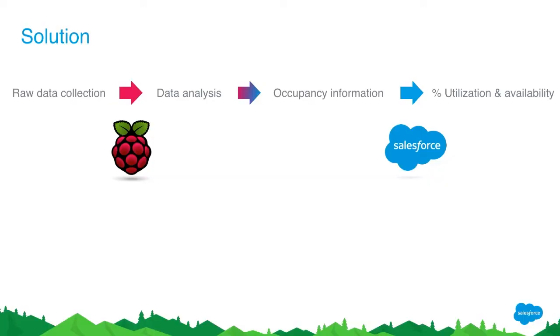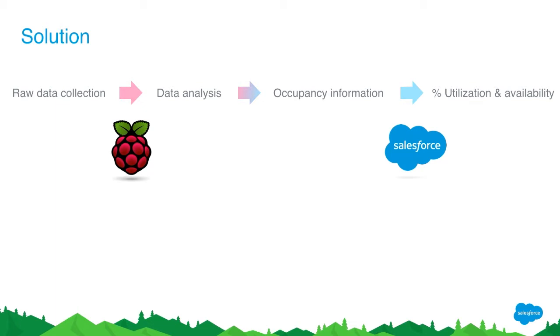So our data flow basically looks like this. We start with the raw data, which is just the hits, the raw data coming in from the infrared sensor. We do our data analysis on that, and we're going to talk about what that algorithm looks like and what it's doing when we go through our live demo. From that, we create our occupancy information, which is basically an occupancy record, which has start and end times. And as we collect that information over time, then we can generate those utilization reports. As an added bonus, we also get real-time availability information for a given space.